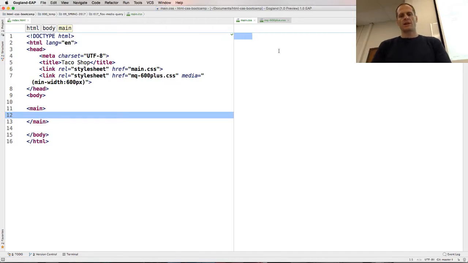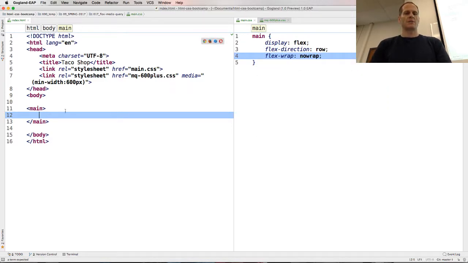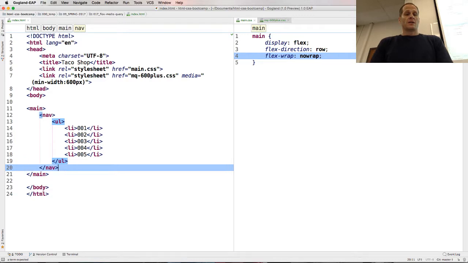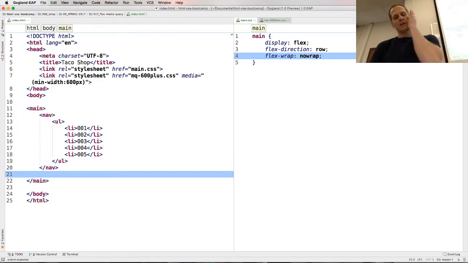And then over here, I want to create a flex container. Main display flex, direction row, flex wrap, no wrap. And we're going to have two items in here. One will be a nav, and the nav will have an unordered list, and then an li, and it'll have just like 5 elements in it. And we could put content in those elements of just dollar signs, so we know what it is. And we'll have a nav, and then we'll also have